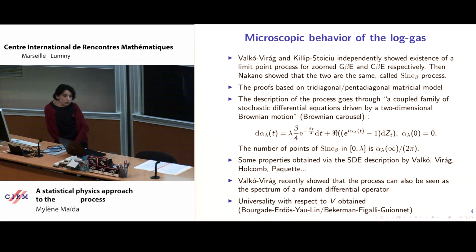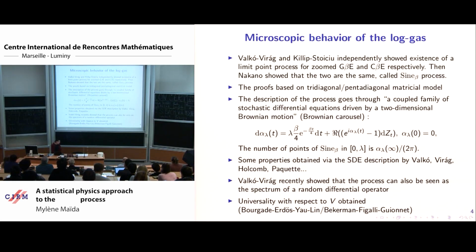And so David Dereudre, who is more from statistical mechanics, asked me, but what is this sine beta? And I said, okay, you get it from the solution of a family of SDEs